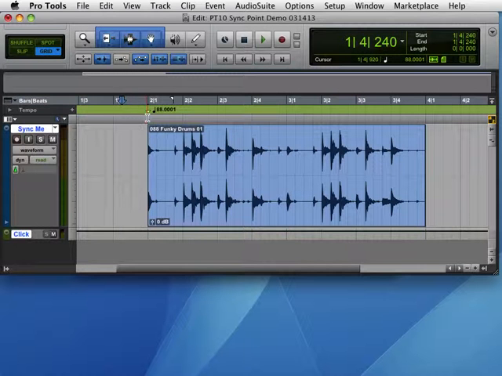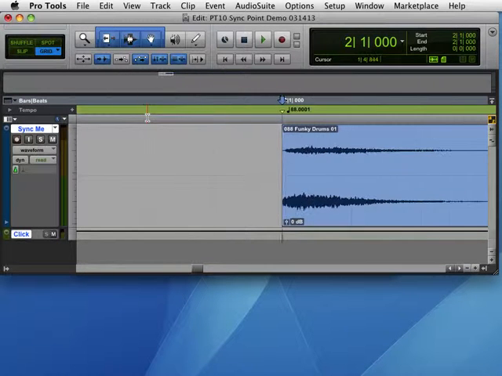So I'm going to zoom in on my clip. And you'll notice that the sound doesn't reach its peak until a little later in the clip. This is where we want to place our sync point. So first off, I'm going to go into slip mode so I can put an insertion point here on the clip. If I leave it in grid mode and I try to click here, it'll just put an insertion point right on the grid. So go into slip mode, click here,